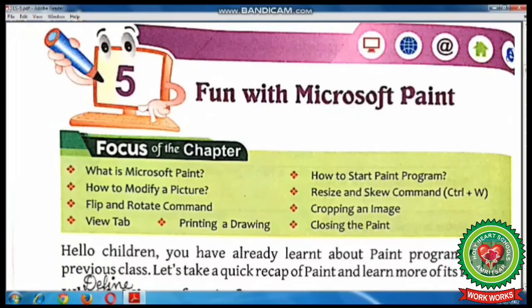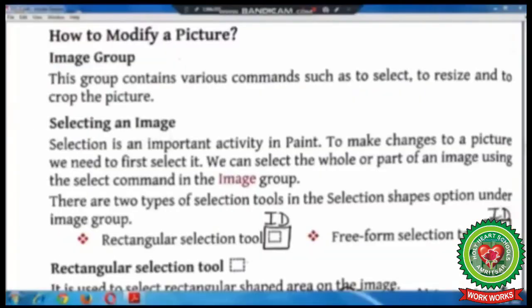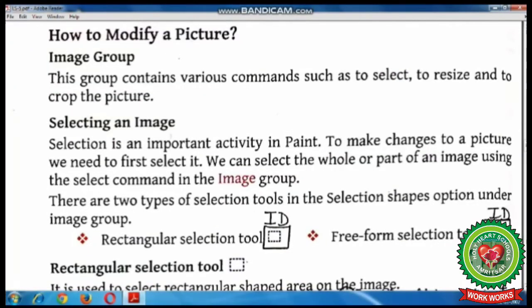In the previous session, we have discussed about introduction of Microsoft Paint. Hope you all have understood the topic. So today we will continue the same lesson, that is lesson number 5, Fun with Microsoft Paint. So open page number 46 of your book.